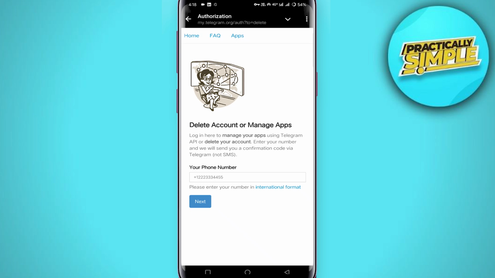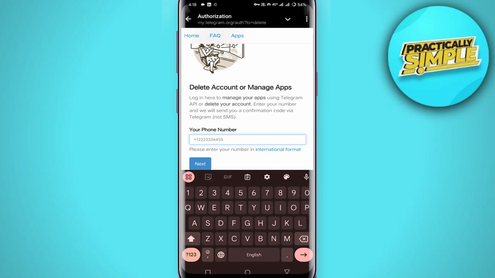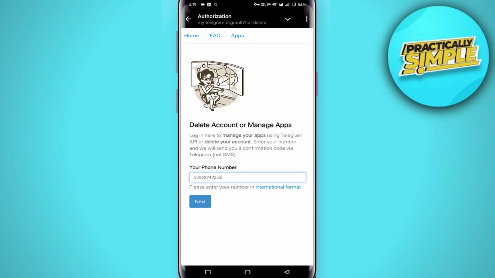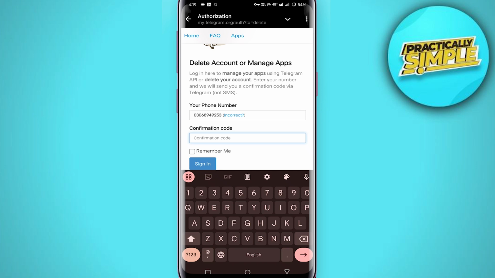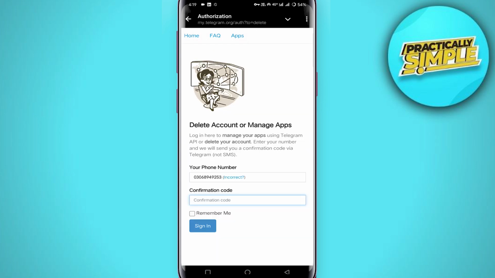Now on this page, you have to enter your Telegram number here and then simply tap on this next, and now you have to confirm your code here. You will receive a login code on your Telegram application. You just have to paste your code here and then you simply have to tap on this sign in at the bottom, and then you will get taken to the delete your account page,